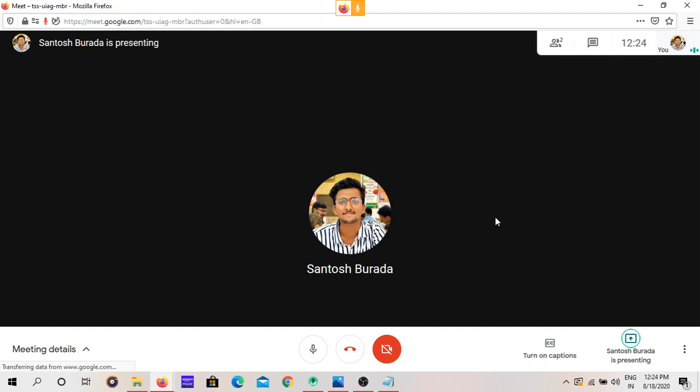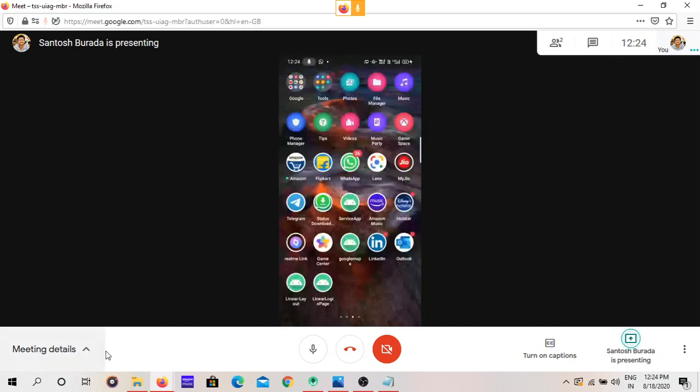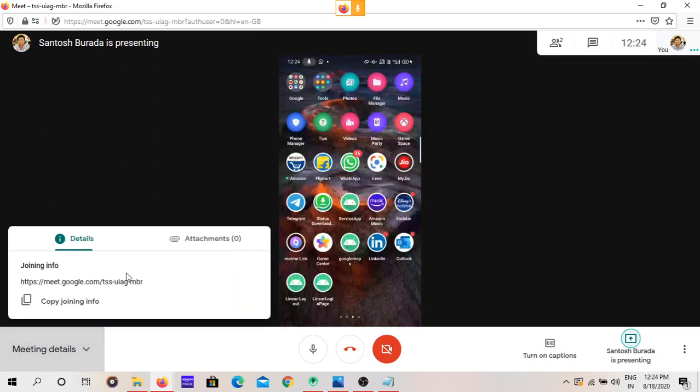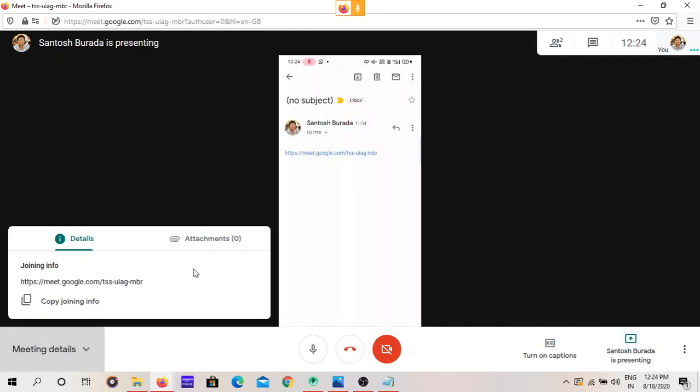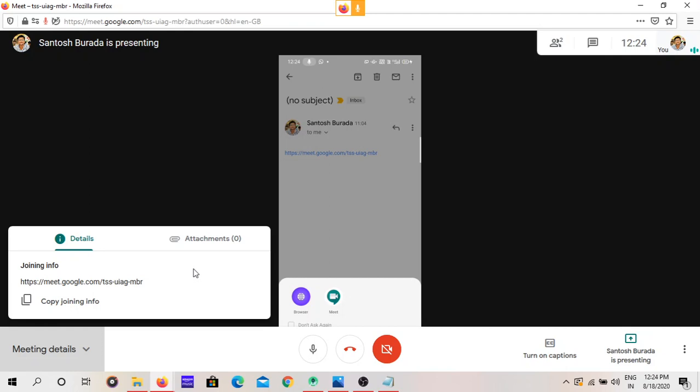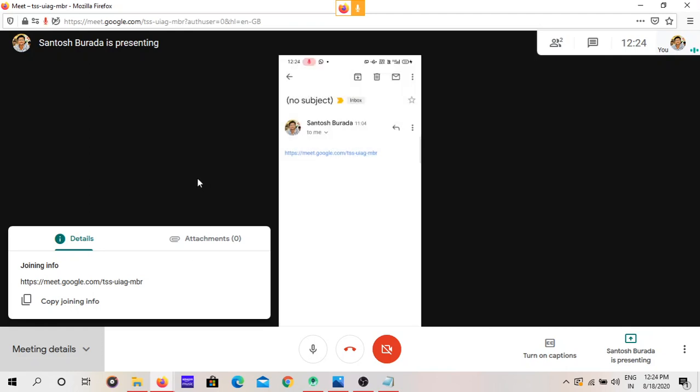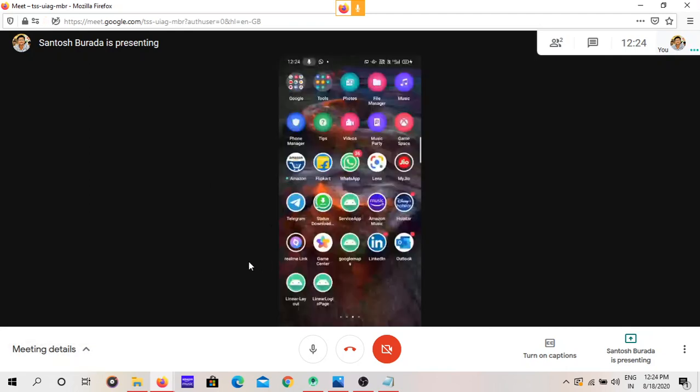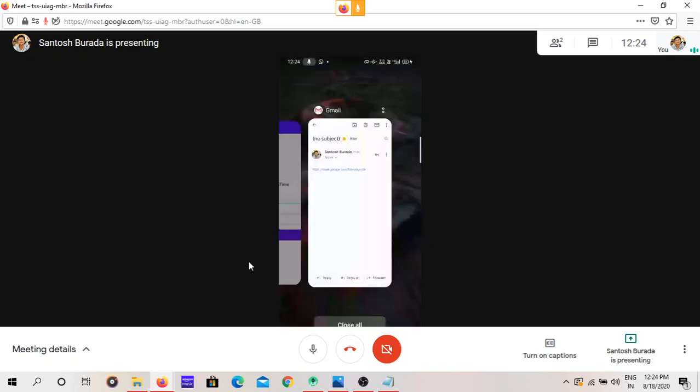Yeah, it is already in screen share. Let's go to the app.